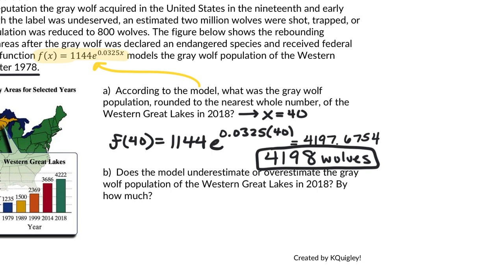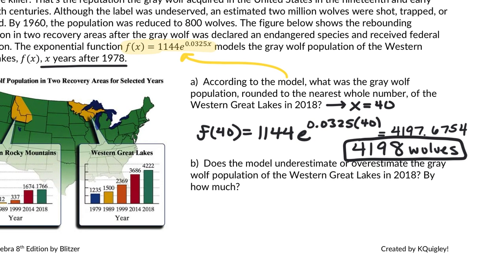Now, part B is interesting. It says, does the model underestimate or overestimate the gray wolf population in the western Great Lakes in 2018, and by how much? Here's the deal: they actually gave us this information in the table. Take your highlighter right now and highlight the last bar of the second bar graph. That's what's describing the Western Great Lakes. And in 2018, it says that, like they counted them, there are